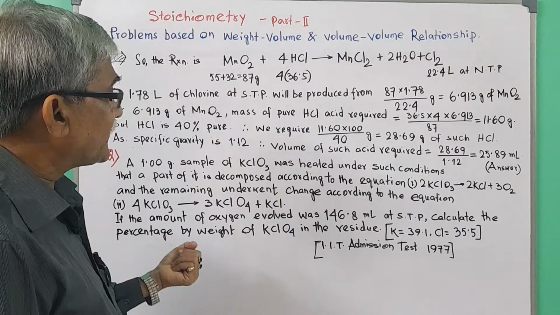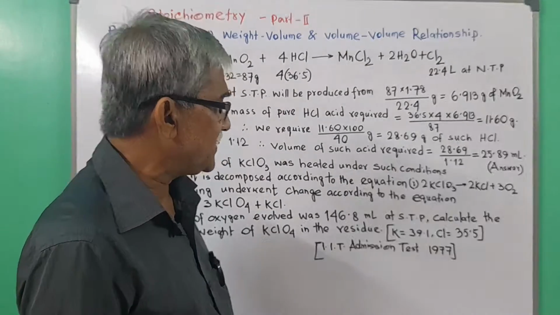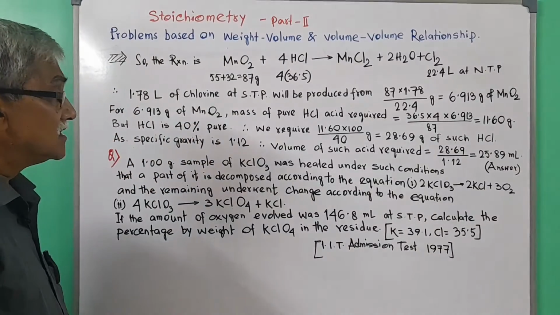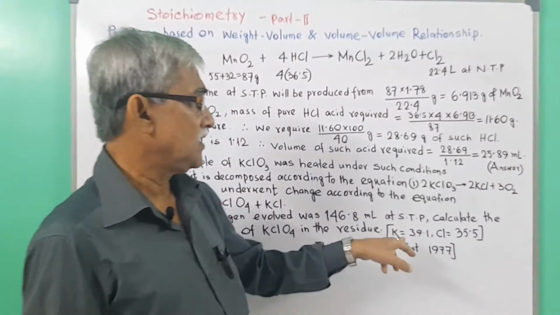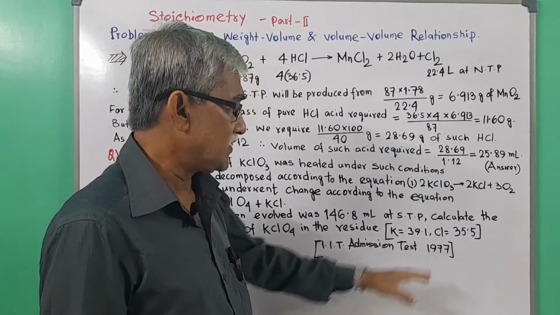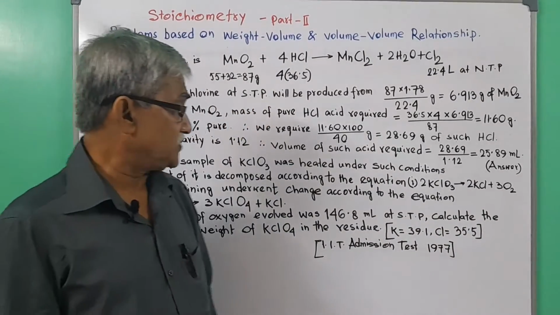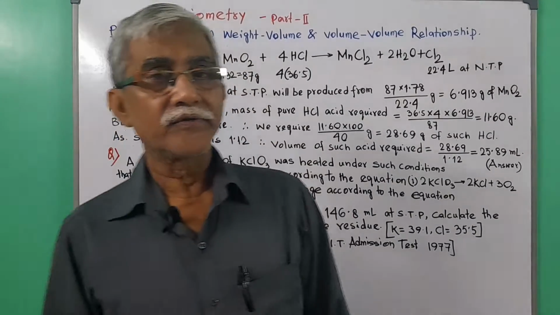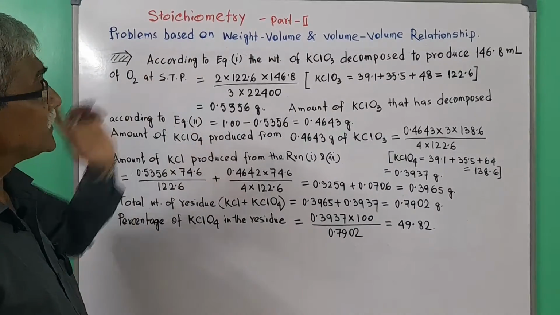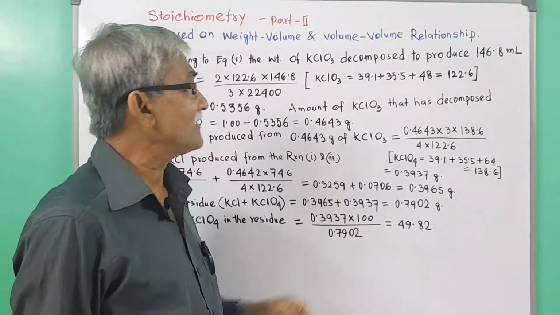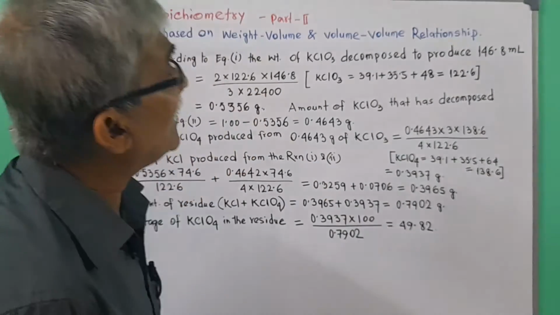Now, if the amount of oxygen evolved is 146.8 milliliter at STP, then calculate the percentage by weight of KClO4 in the residue, given potassium 39.1, chlorine 35.5. So, this was a question that was set in the IIT admission test 1977. Let us solve. According to equation 1, the weight of potassium chlorate KClO3 decomposed to produce 146.8 milliliter